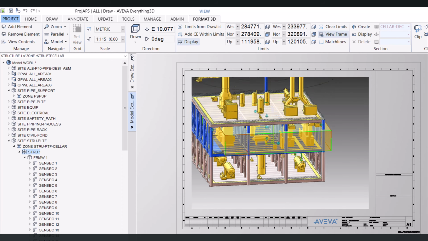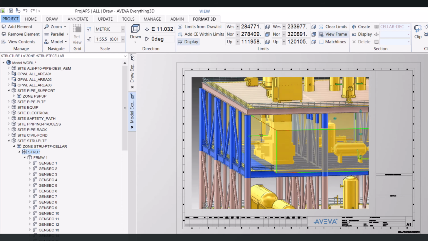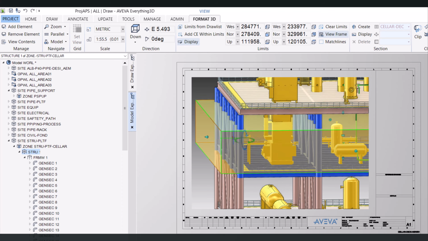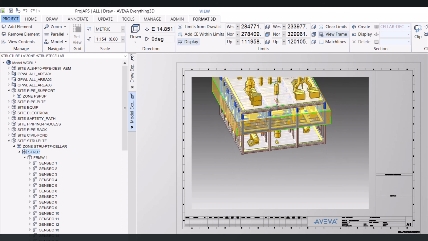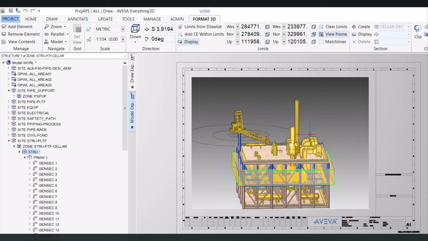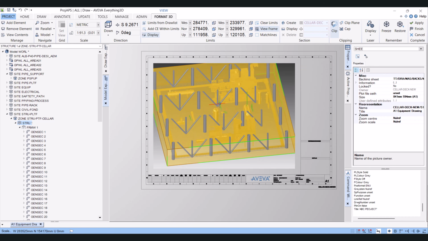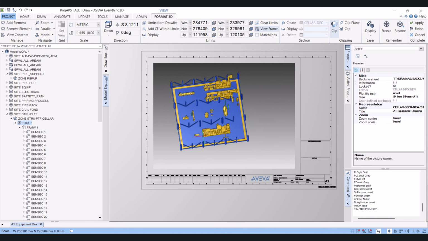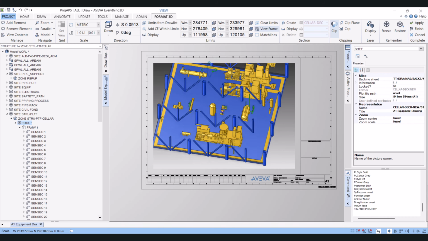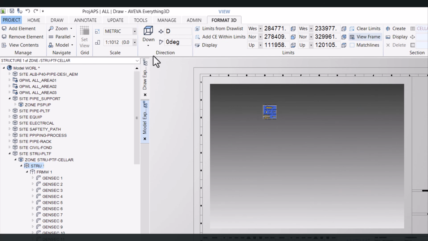Once you select your clip box and you are happy with that, select this one and I will push. Once you are happy with your clipping volume, you can see clip here, click on clip, and once you clip and click on display, now whatever is inside the clip, this is your drawing. For that we have to click on here, down view,